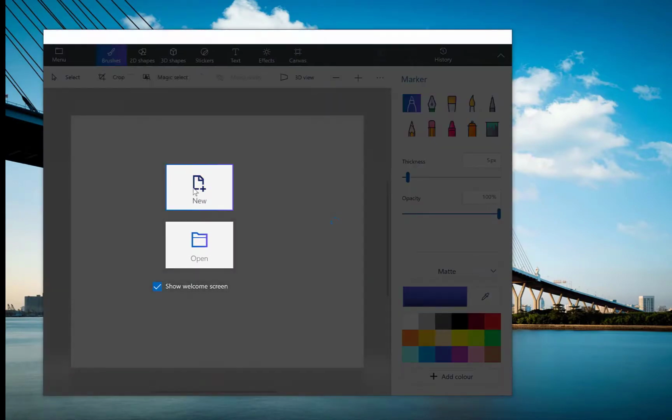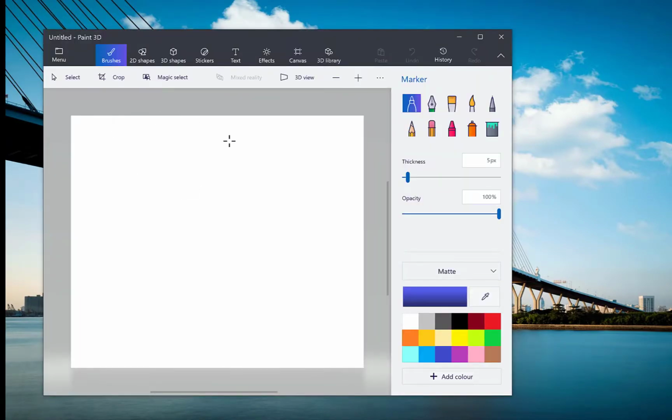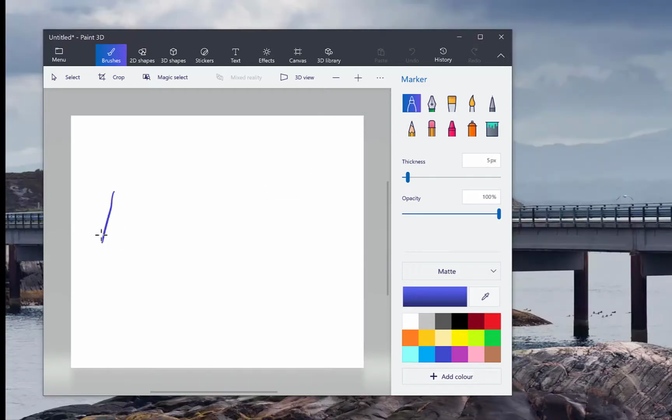When it's open, you can create a new document and you'll be welcomed in this kind of window. So the first thing you need to look at is to your right, you can see a bunch of marker options. You have the option to use pencil of different sizes, different thickness. You can increase and decrease the thickness as you wish, and you can go with the default marker that is available. So all you need to do is to just come over here and just sign. All right, so you just sign your name just like that, and once you're done,